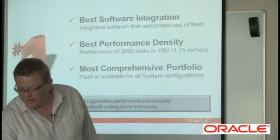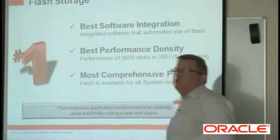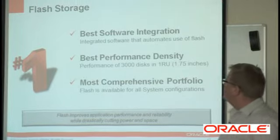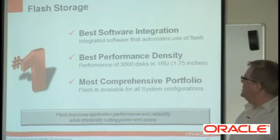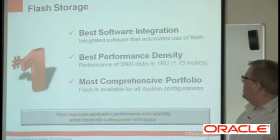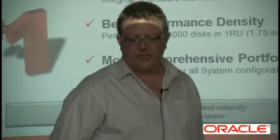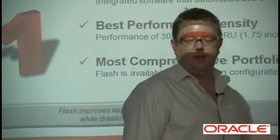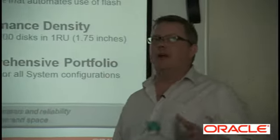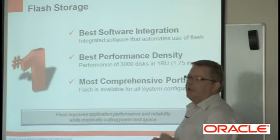So we're going to talk about flash storage. Flash storage integrated with our software, which is automated to use flash. It's very, very dense, so we can get it into one rack unit. We have the most comprehensive portfolio of flash storage. So what does flash do? It improves the application performance and reliability. And one big plus of flash is it vastly reduces power consumption. You're going to think flash is like